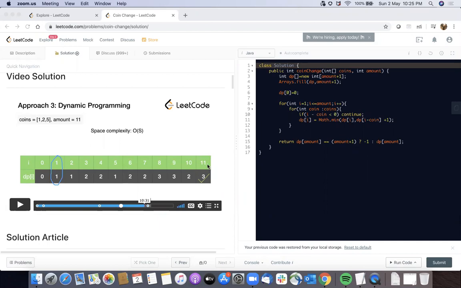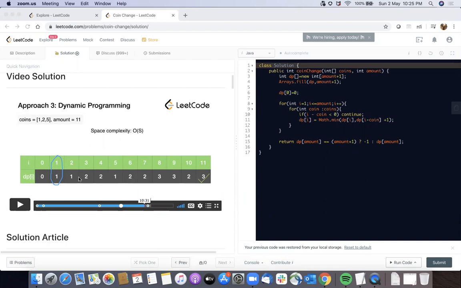Even if we use only 1 coins, the max number of coins can be 11, which is the amount. So if we initialize every index with amount plus 1, that would be the maximum value for the index.